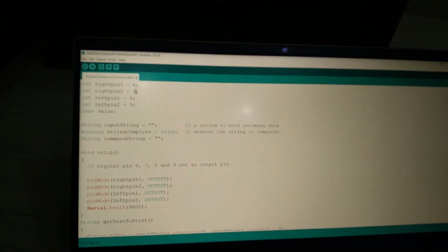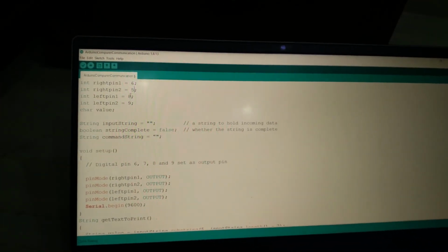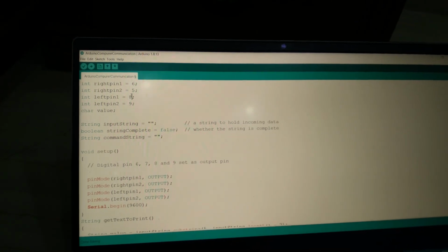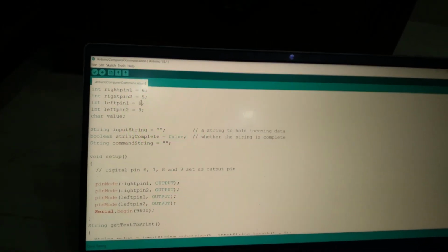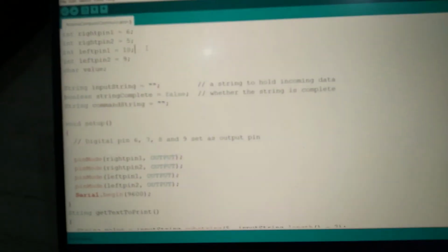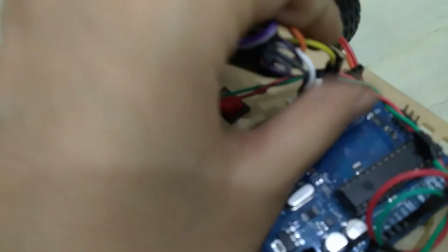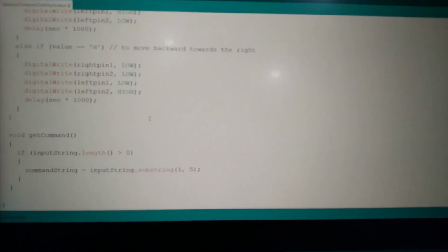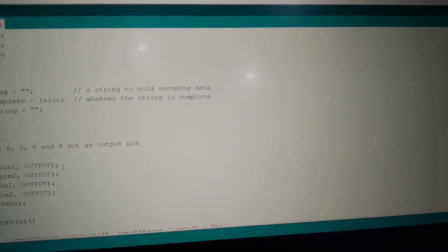I put the right pin 2 at 5 and left pin 1 at 10, which are basically PWM pins. So I changed the connections in the Arduino board as well, and then I made further changes. I went to the processing part, wherein